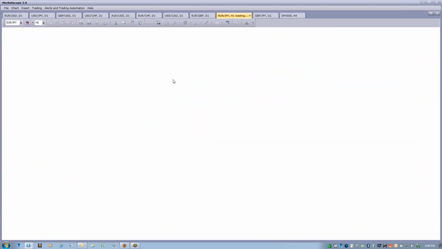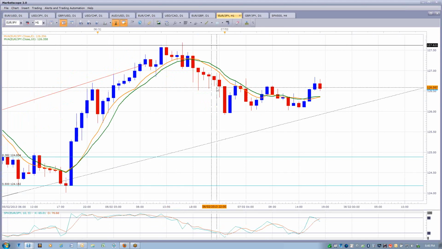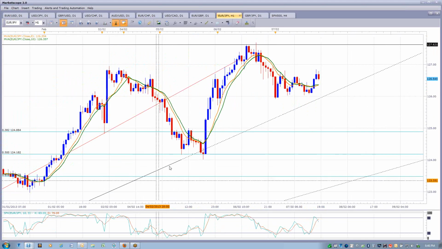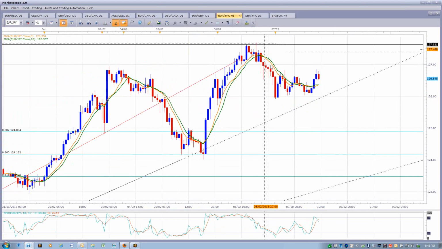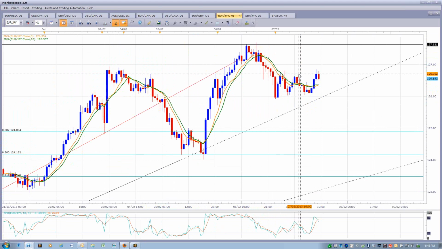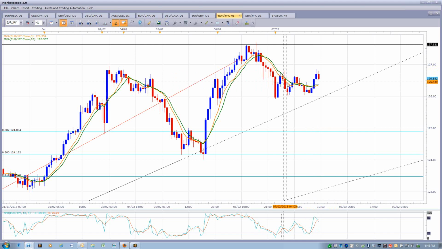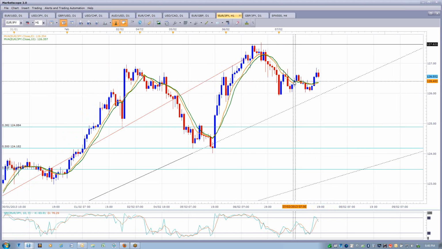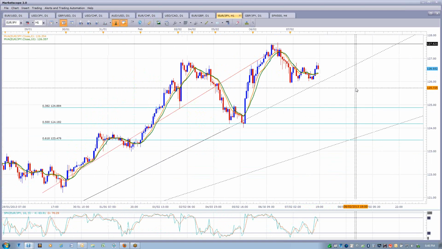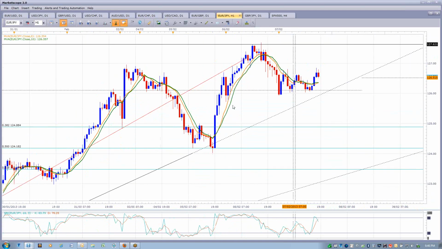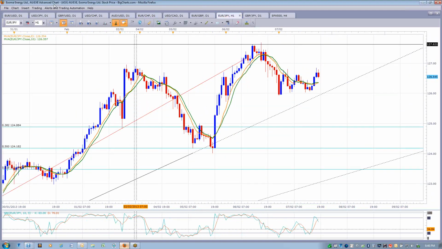On the 1 hour chart, very similar. A nice demand level, overall up. It has had a bit of retracement in the past, but higher highs, higher lows most recently. They did try and push it up a couple of hours ago, which is also the early session for the Euro, the Europe session, the UK session, and the sellers are just pushing it back down. So it's just hovering around the 8 and 10, waiting for some clear direction which way prices are going to go. So my take on it,